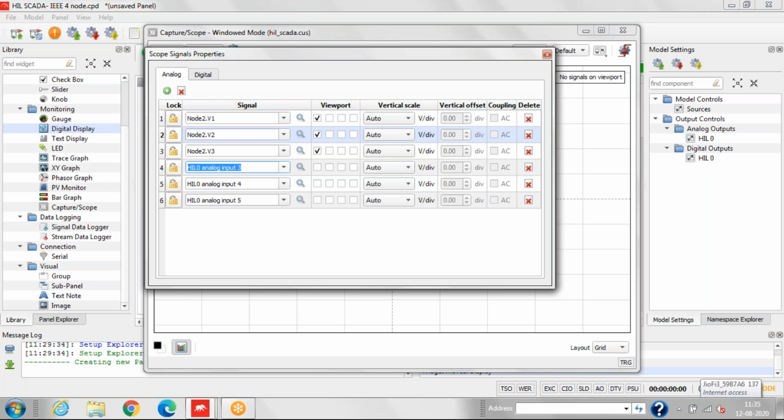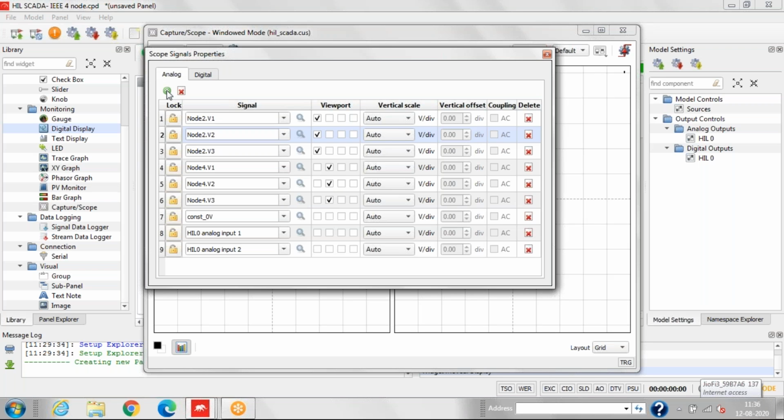Similarly we'll select the other signals here so that we can get the signals. Now we'll calculate for node 4. Here node 1 v1. Similarly, we'll copy the signal.